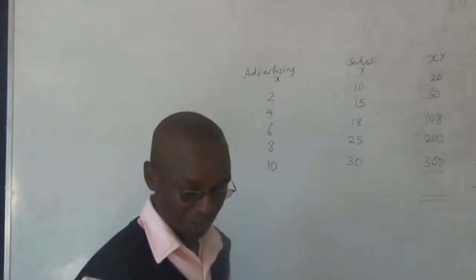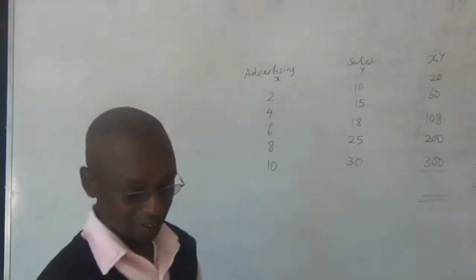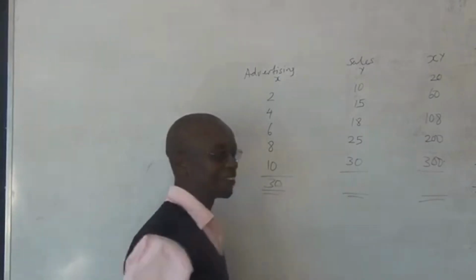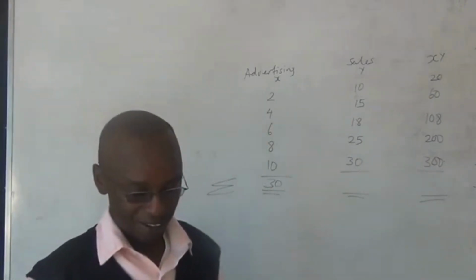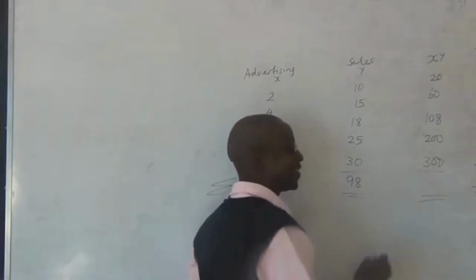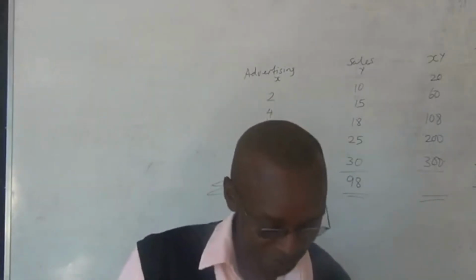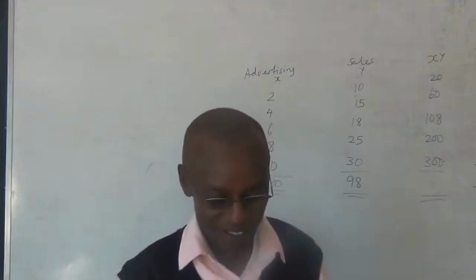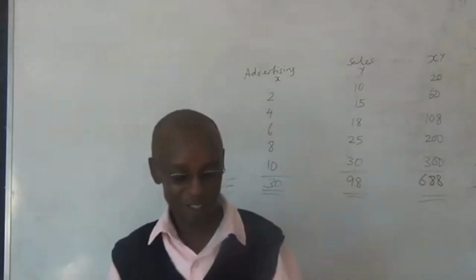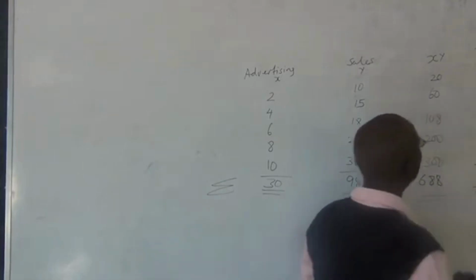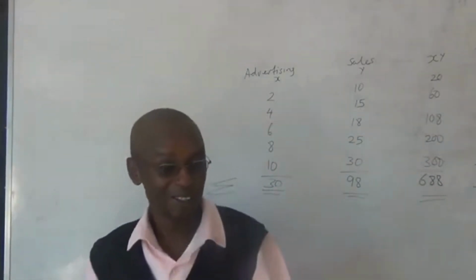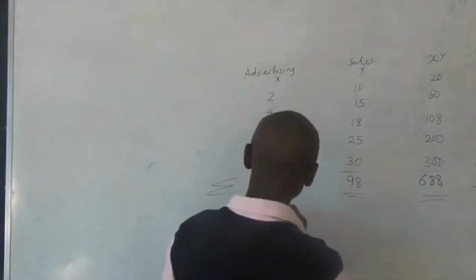So our totals, summation of x, ngapi? 30. Sawa? Summation of y? Summation of xy? Summation of x squared? 20. Sawa. That's the first step. Sawa. Tukumbuke kusema n is